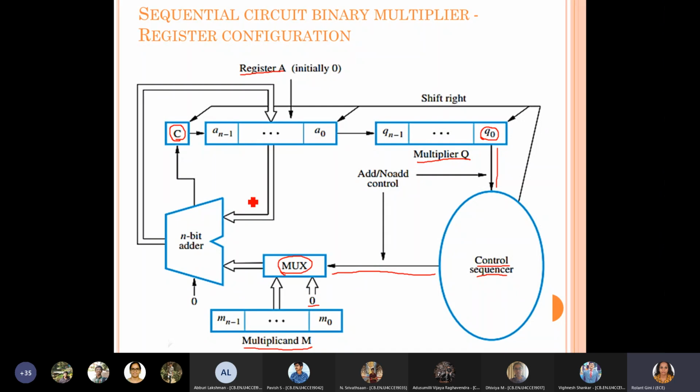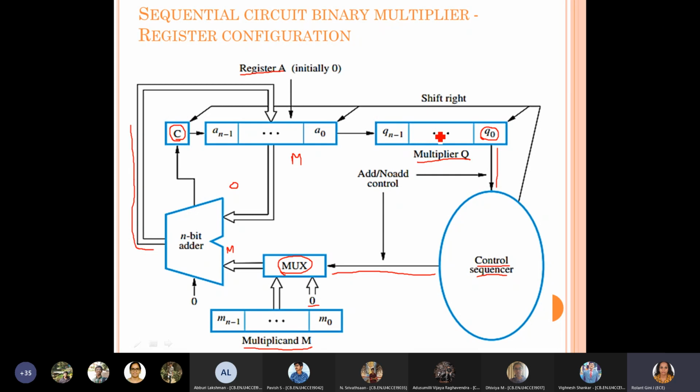Initially I told you the A register will be 0, and based on q0, if q0 is 1, the m value will be sent and added, and the result, you can follow the path, is sent back to A. So at the end of the first iteration, your A register will have the value of m, the m register will be m only, and q will also be q.